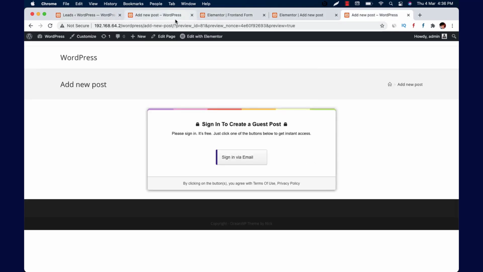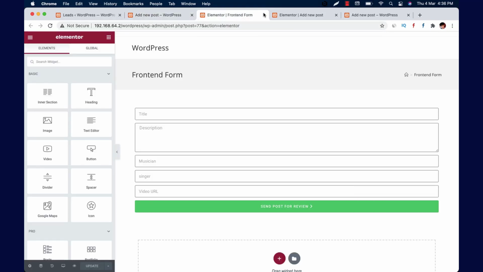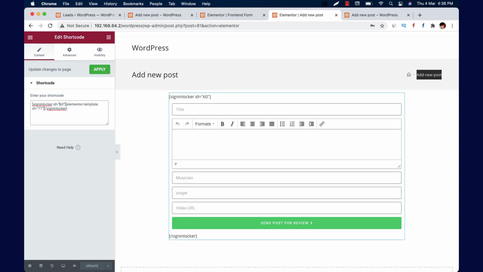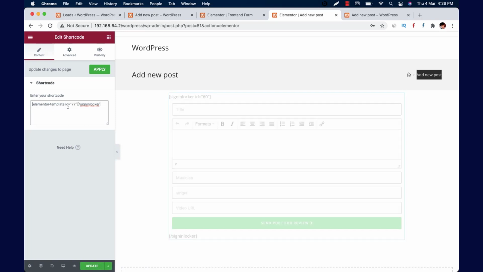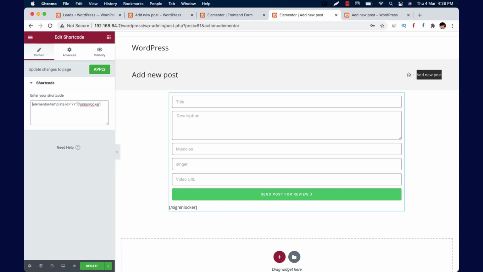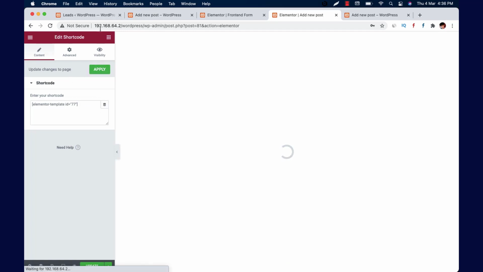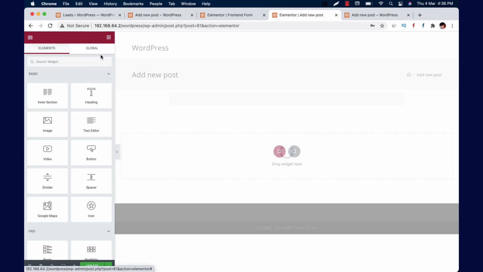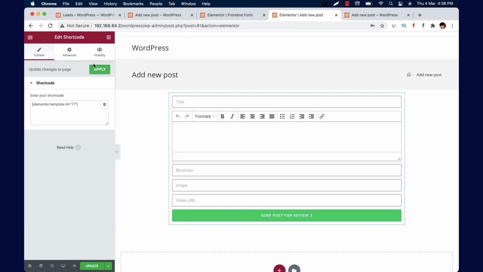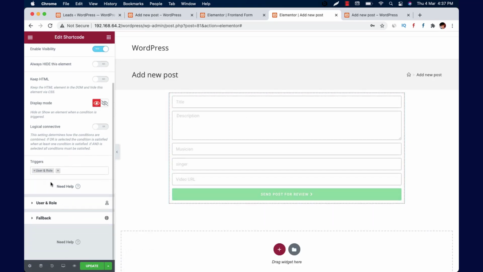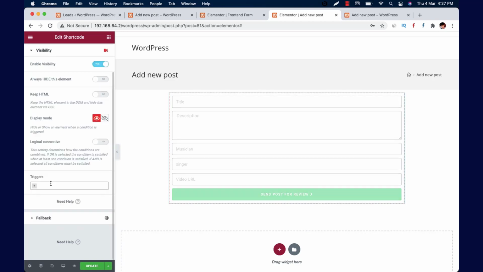The second way to hide this form is to just, first of all, let's move this one first. Here. And here, let's hit apply. Yeah, through visibility we can hide this form. You can enable visibility, and based on the user role you can set a trigger as user role, like here,